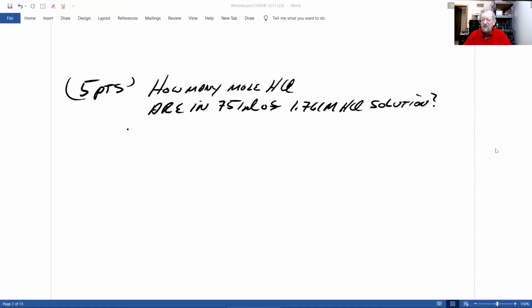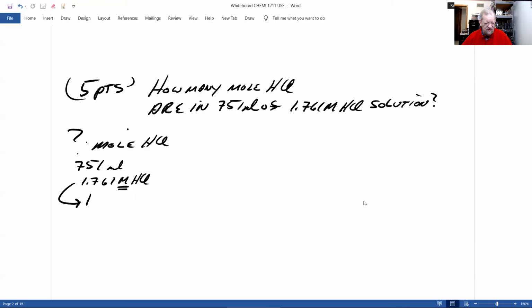All right, let's do this one. What are we being asked to find? How many moles of HCl? What are we given? 751 milliliters of solution, and this number, 1.761 capital M HCl. And as soon as I see capital M, I know that's molarity, which means this is really